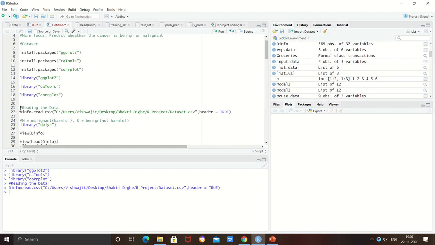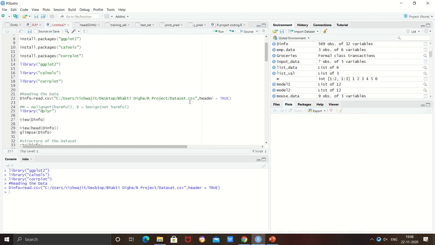Okay, so here we are going to read the data. For that purpose, we will need to import the dataset into our code. We need to create a variable like I have created here, that is dinfo, and then specify the file type as CSV file type. Note the dataset file and the R file should be in the same location for easy access.